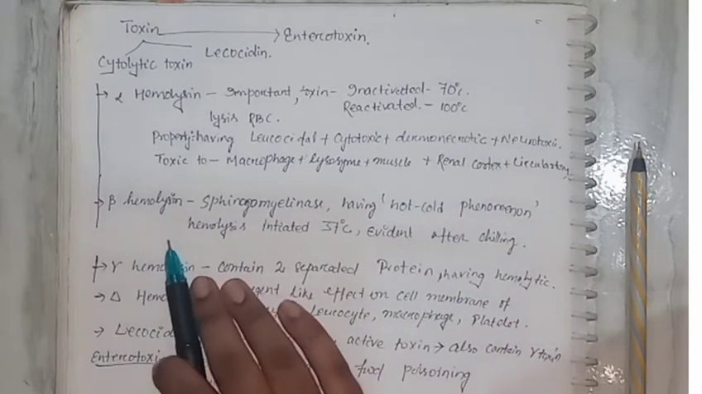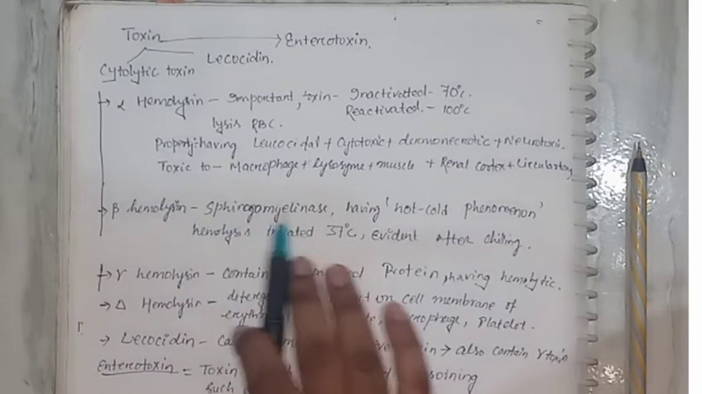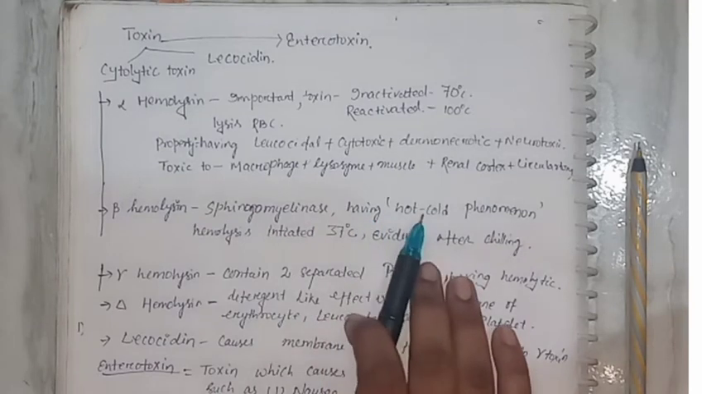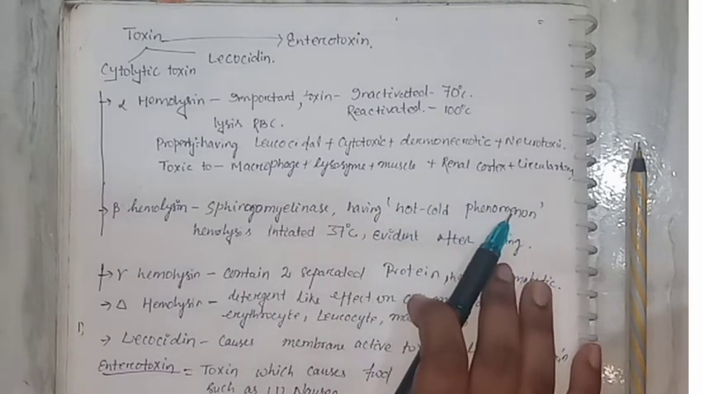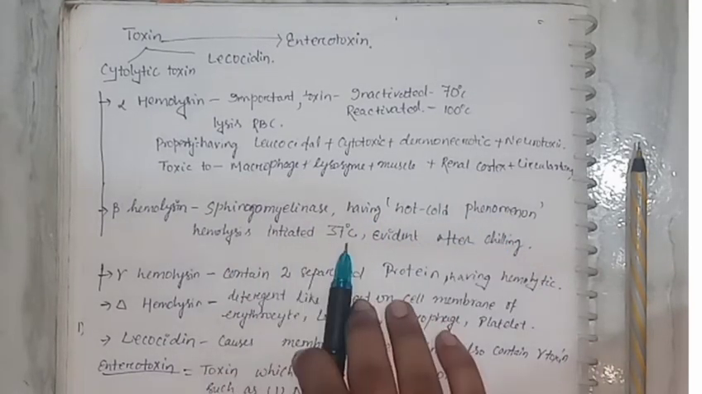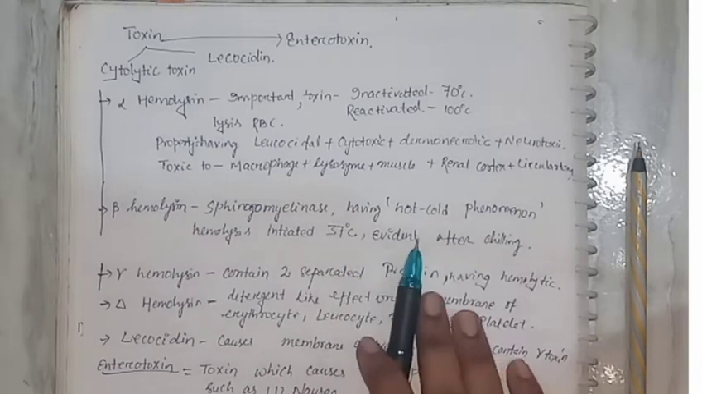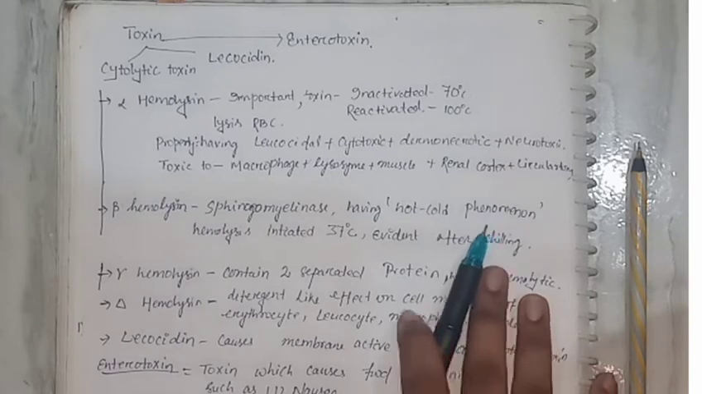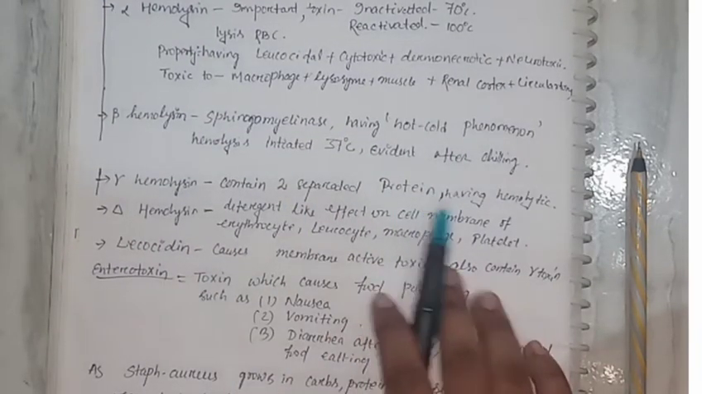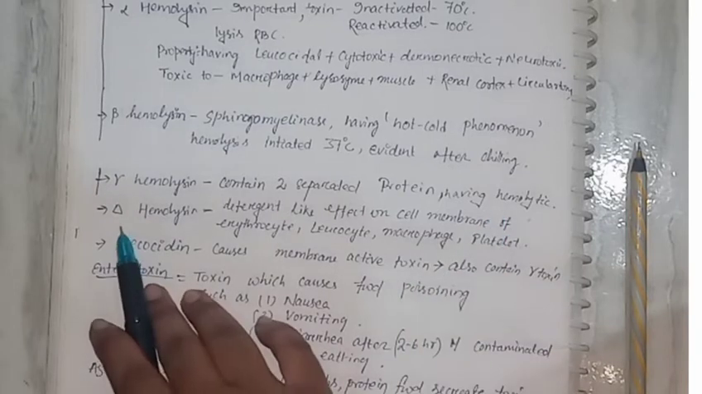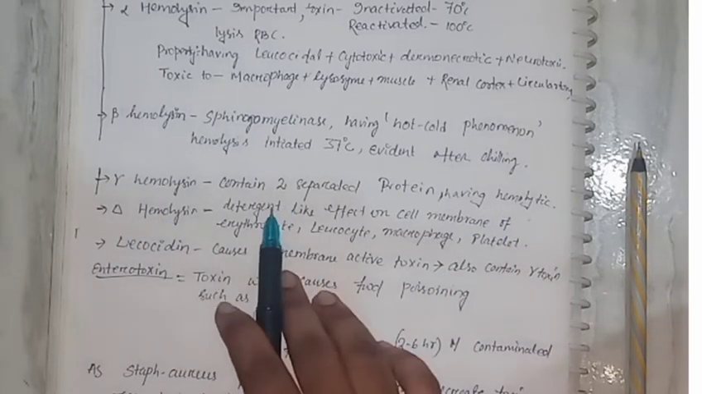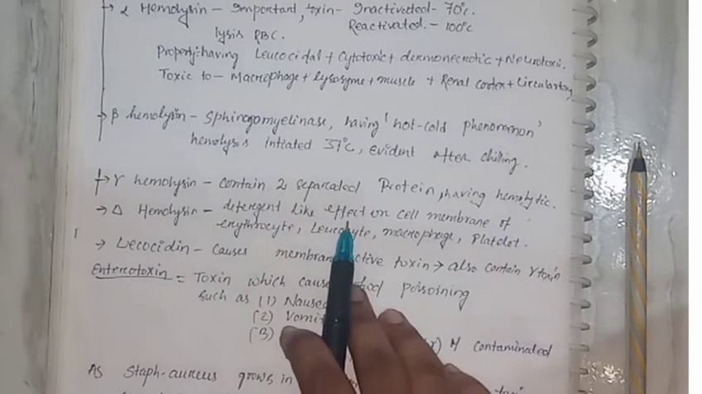Now beta hemolysin. What is beta hemolysin? It is a sphingomyelinase. It shows the hot-cold phenomenon. What it means is that the hemolysis is initiated at 37 degrees and occurs after the chilling of the blood. Then gamma hemolysin, which contains 2 separate proteins and causes hemolysis. Delta hemolysin, its action is like a detergent which affects the cell membrane of the erythrocyte, leukocyte, macrophage